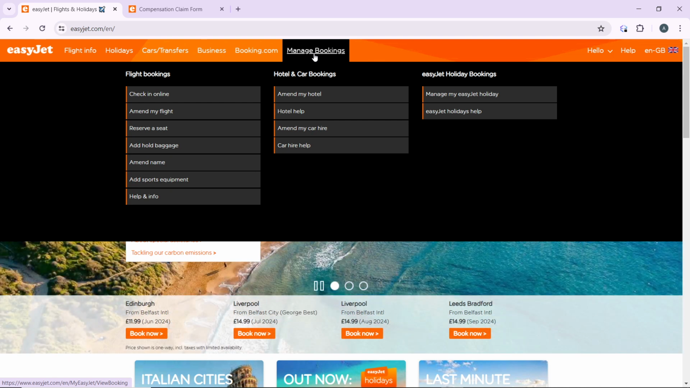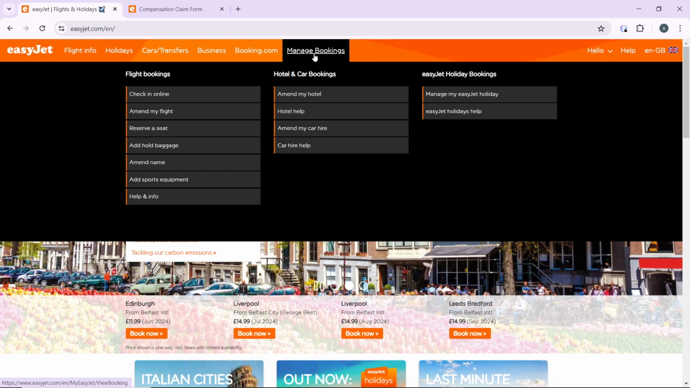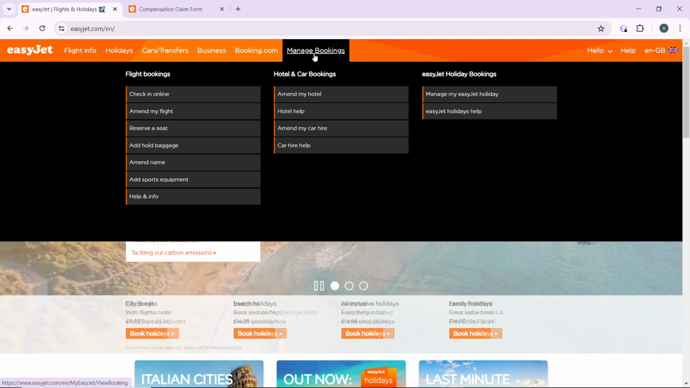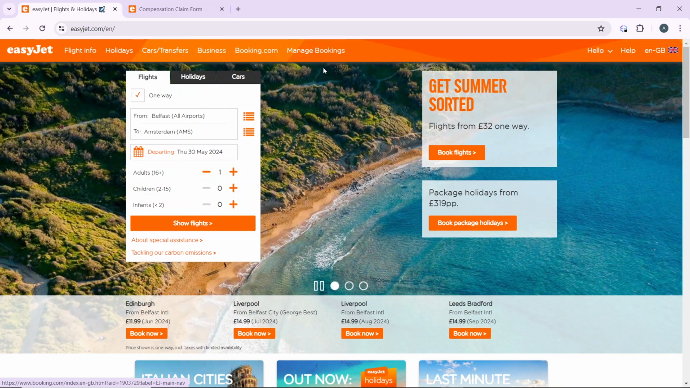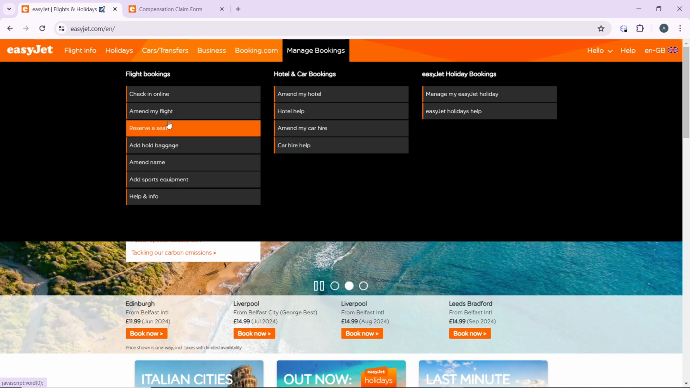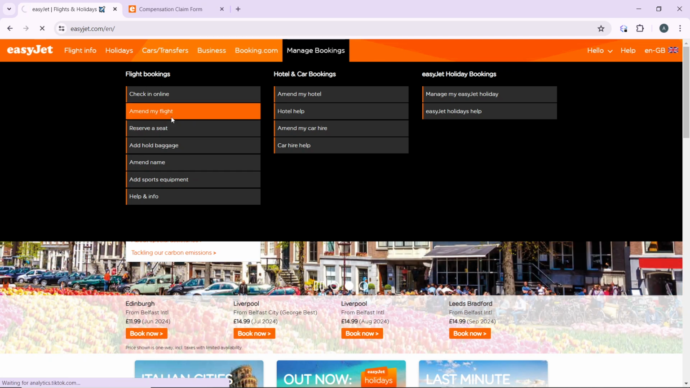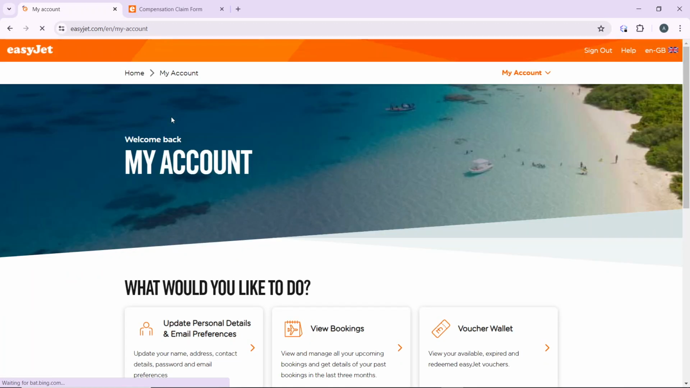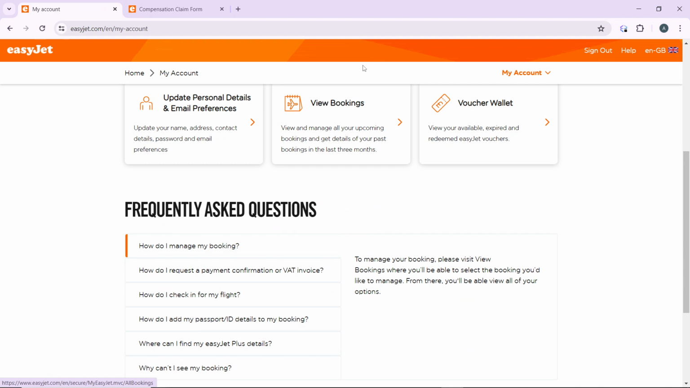So head over to the flight bookings option and you have this extended menu that includes check-in online, amend my flight, reserve a seat, add hold baggage, amend name, add sports equipment, help, and info. So go ahead and click on amend my flight. And that takes you here. So you can just click on this view bookings